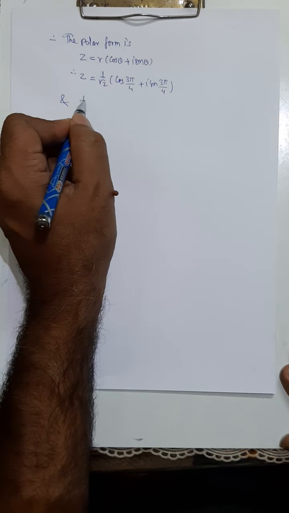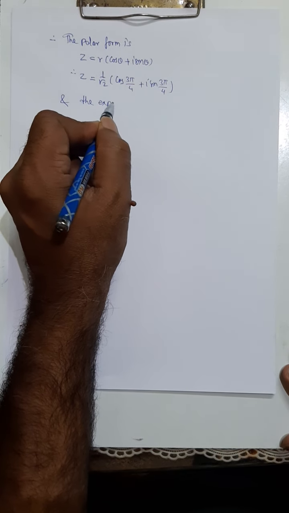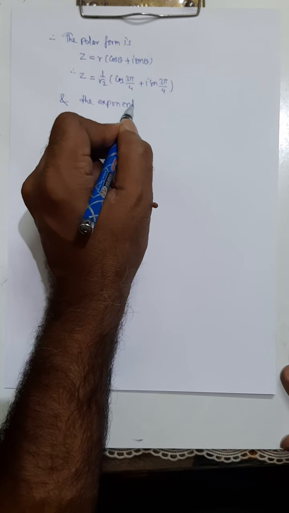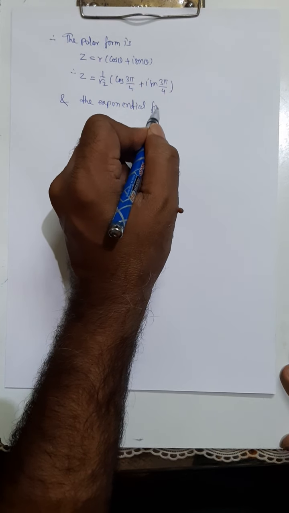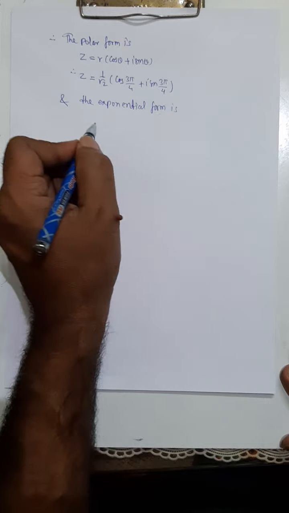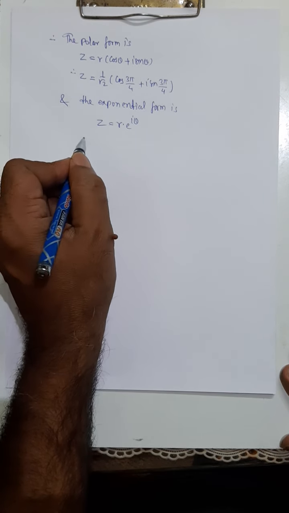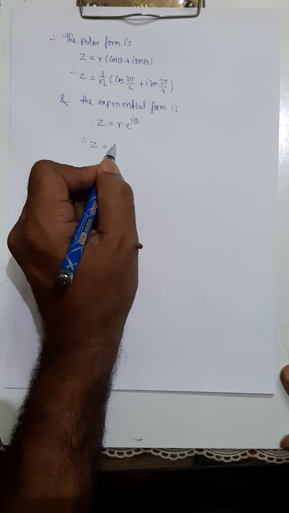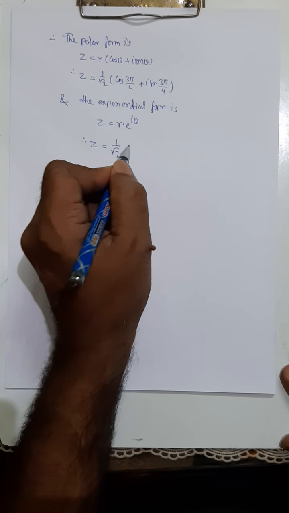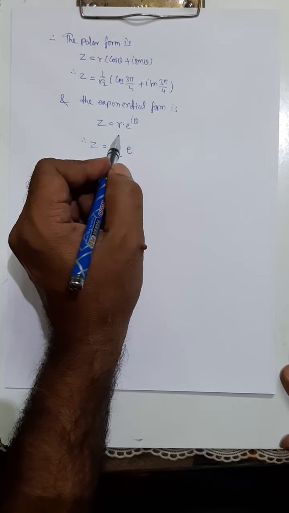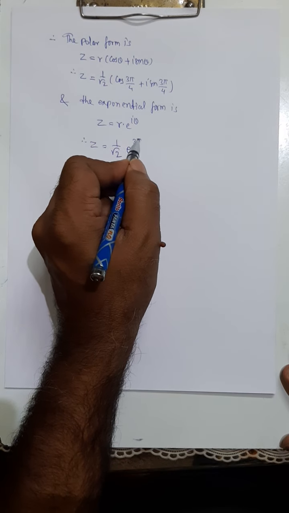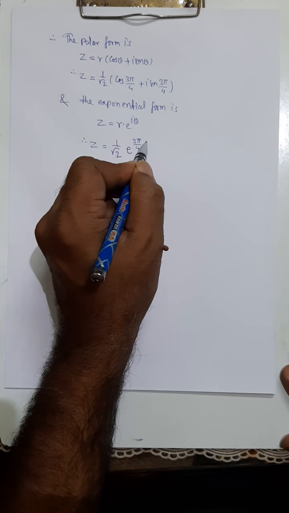And the exponential form is z equal to r into e to the power i theta. Therefore z equal to the value of r, 1 by root 2, e to the power i theta. Theta is 3 pi divided by 4 into i,